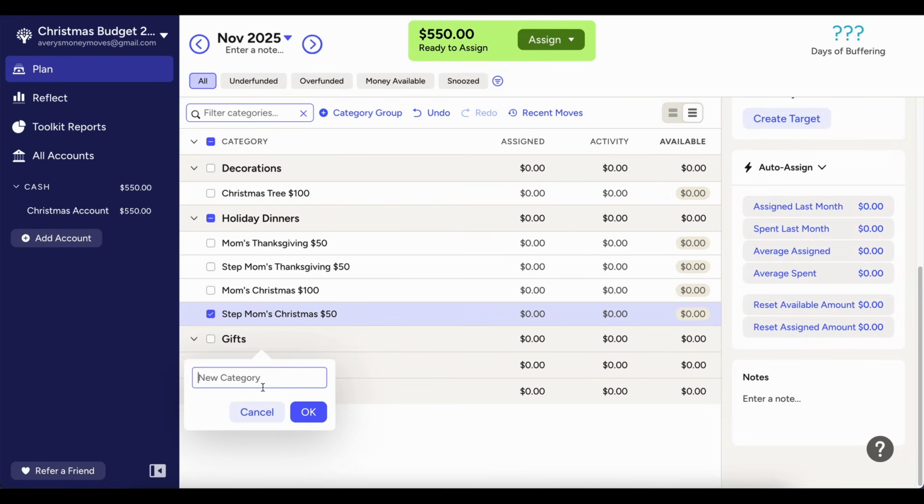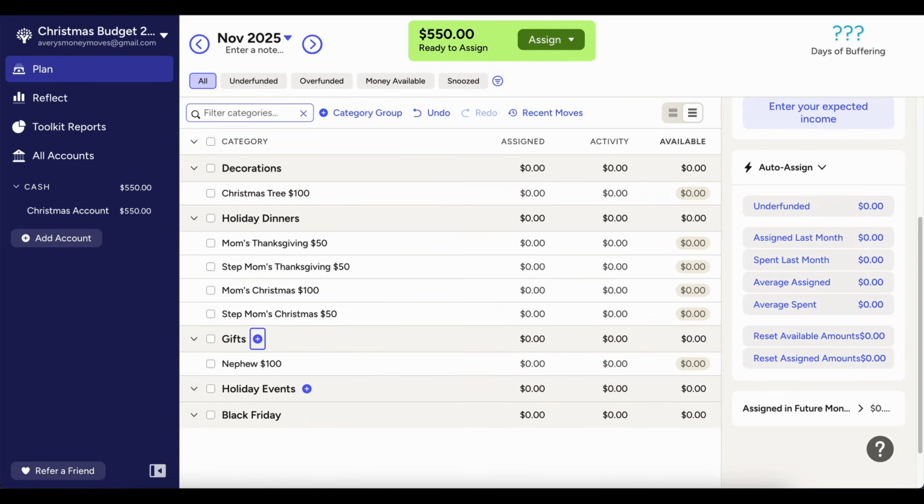So I have my nephew, and I'm going to say $100 for him. Typically what happens with him is I'll get recruited into a larger gift. So I'm going to do $100 for that. That way it can help whatever it is. And I tend to find out, I don't like to buy gifts far in advance.